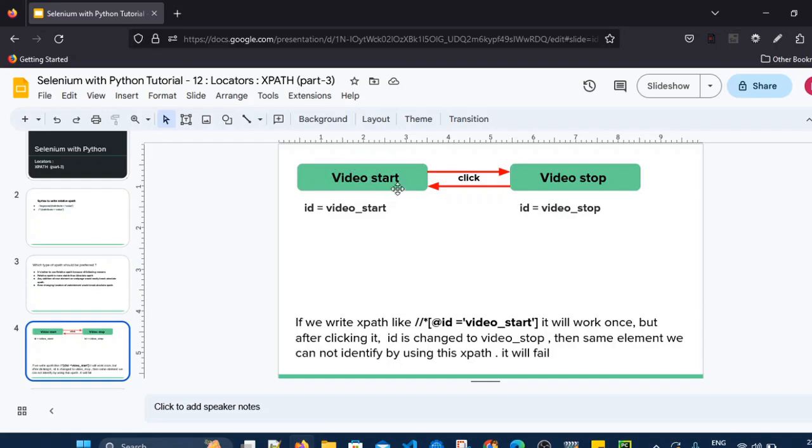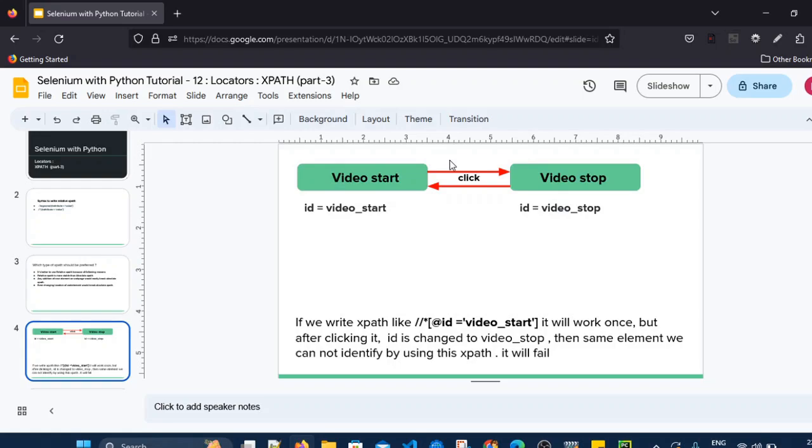So the button remains the same, but depending on the click, the ID changes dynamically. Initially the ID is video_start, after the click it becomes video_stop. So this is the scenario.